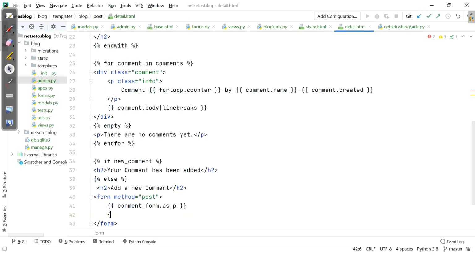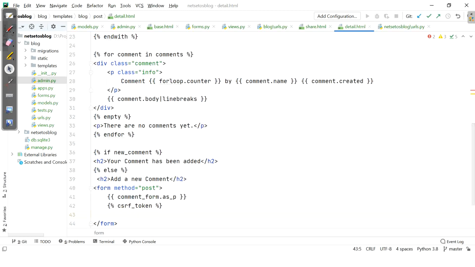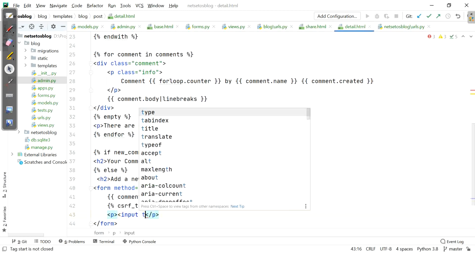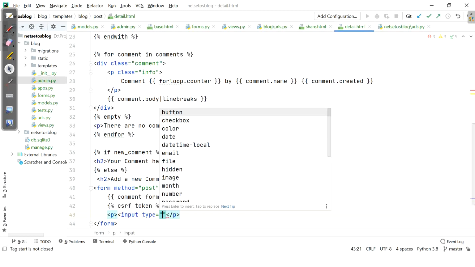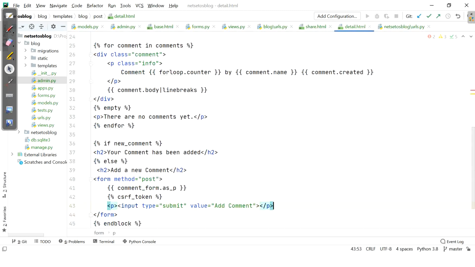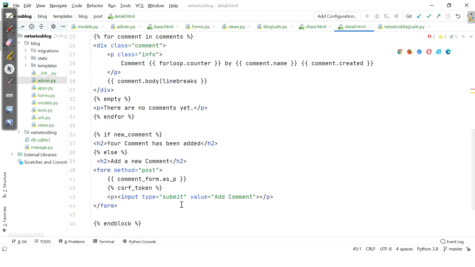Here I'll make use of the CSRF token, csrf_token, and inside a p tag we will have input type equal to submit, for which the value is add comment. Let's end the form, and thereafter we will end the if also. So the code is pretty straightforward.